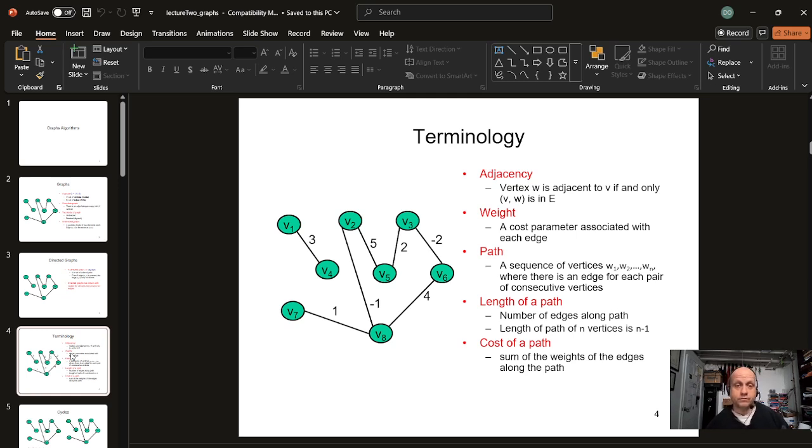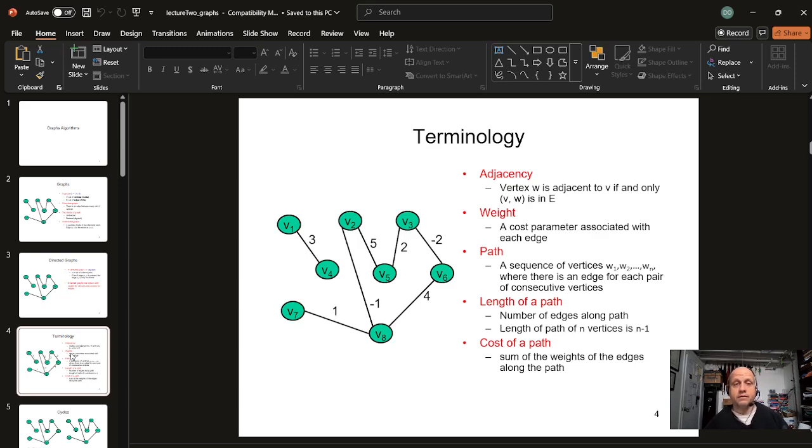Probably, in most cases, that would be a more costly path, but that would be the path of 5, because it was 7 to V8, where the cost would be 1, and V8 to V6 would be 4. I add that along the path, and you keep on adding it as you go along. If I went through